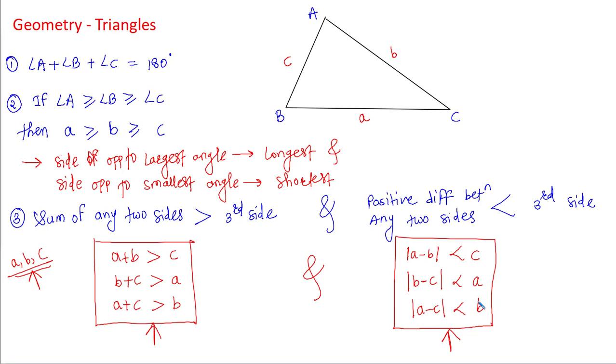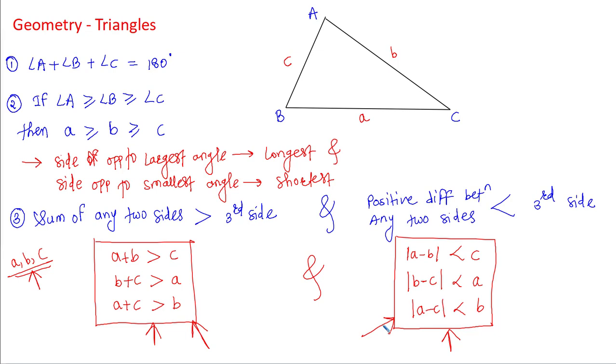If some 3 numbers satisfy the first 3 inequalities, then they satisfy the second 3 inequalities by default. So these are 2 groups of inequalities. The first 3 inequalities are in the first group, the second 3 inequalities are in the second group. Out of these 2 groups you can check any one group. If some 3 numbers satisfy the first group, then they satisfy the second group automatically, or if any 3 numbers satisfy the second group of inequalities, then they satisfy the first group automatically. So out of these 2 groups you should check only one group. There is no need to check both the groups.